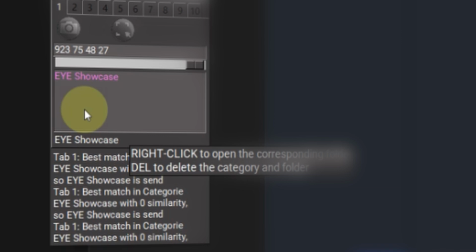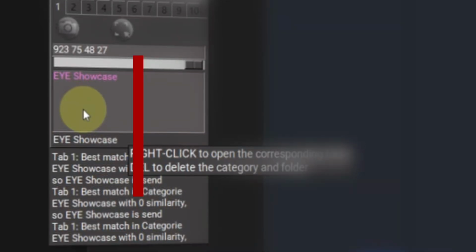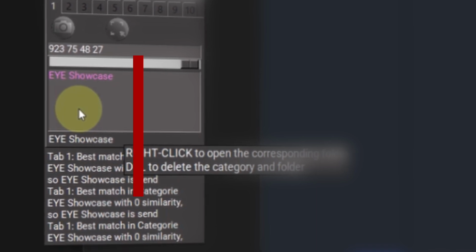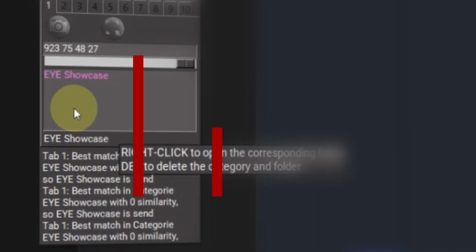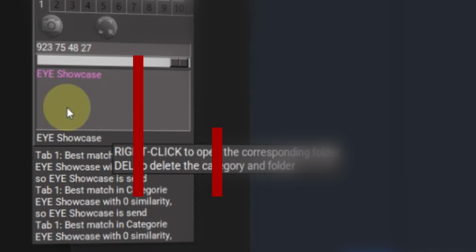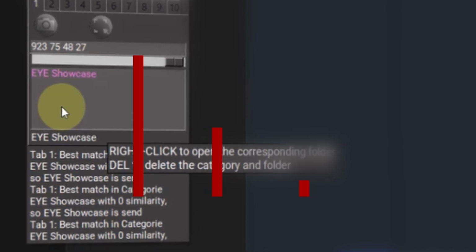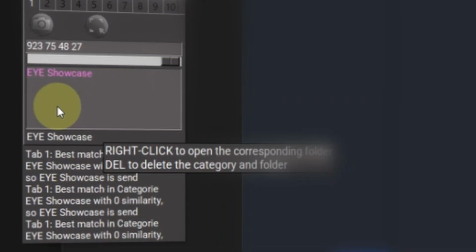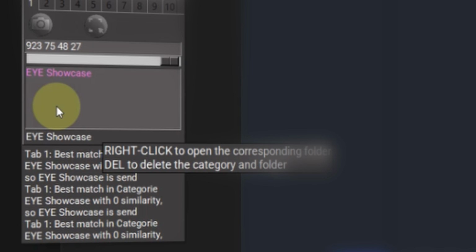So you can, for example, watch your life in the game, make a screenshot when you have full life, make a folder called maybe "I full life." Then you make a screenshot when you have only half your life. You can name it "I half life." And you can make a screenshot when you're on low life and make a new folder "low life." And then it will look at all those folders and all the screenshots in them. And then it will send the name of the folder in which the most